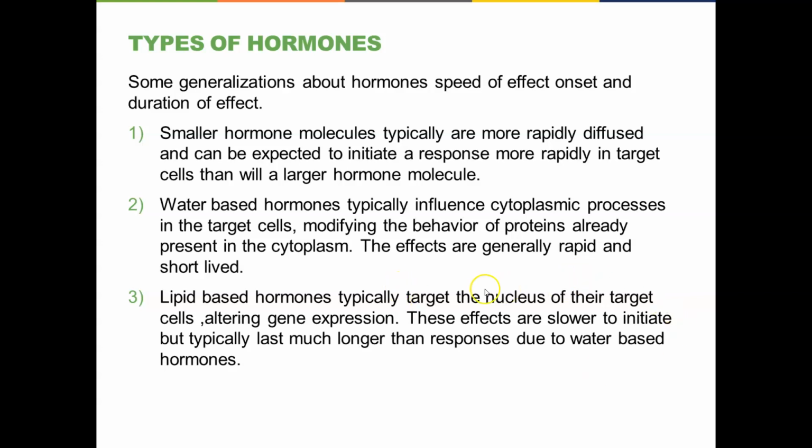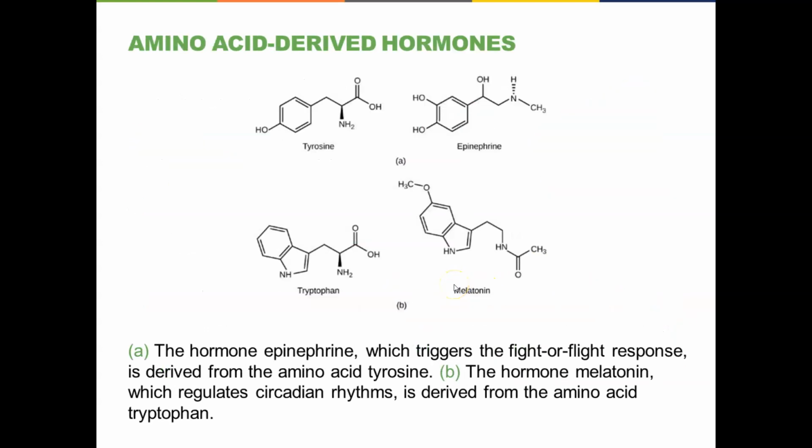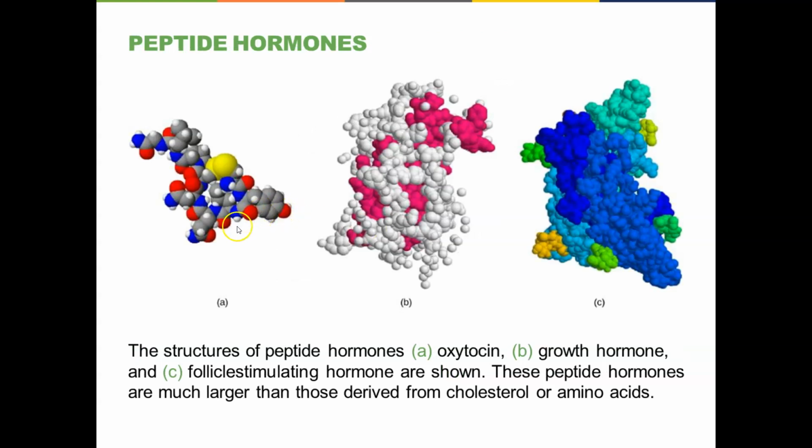All right, a little bit about hormone variability. Here we've just got some models of them. So here's epinephrine right here, which is a modified amino acid. Notice the amine group right here, a central carbon. And melatonin, tryptophan, tyrosine, all relatively small, simple, modified amino acids, as compared to something like oxytocin right here, or growth hormone,